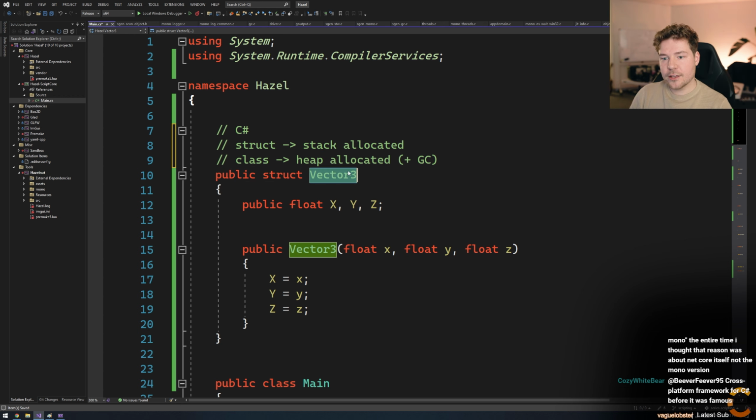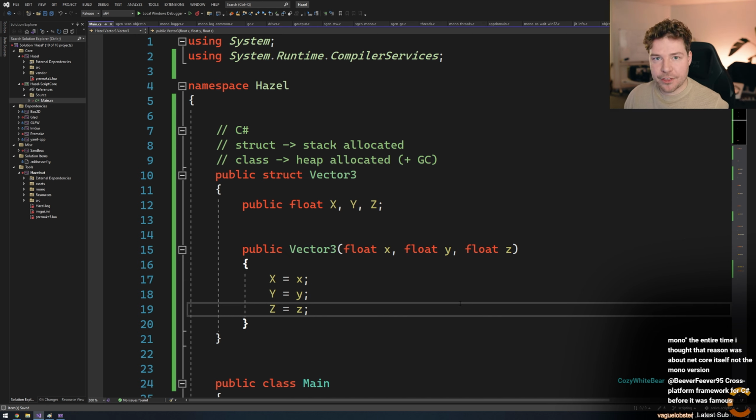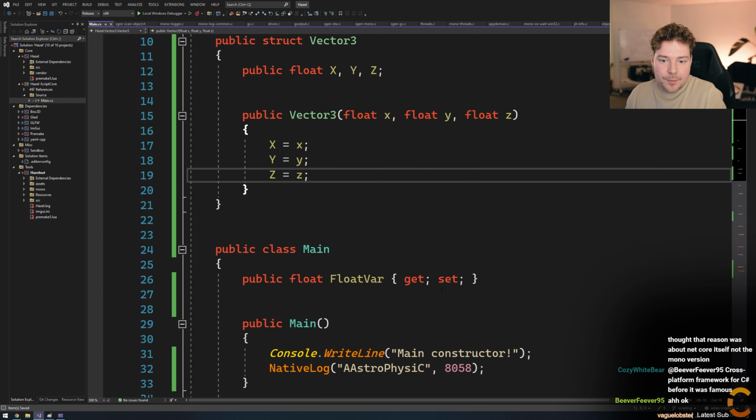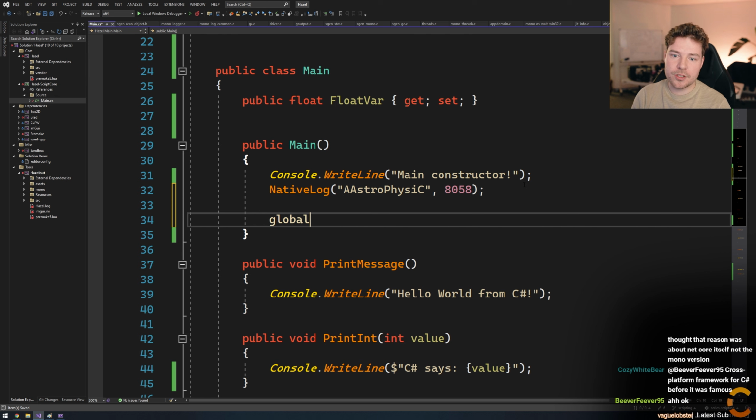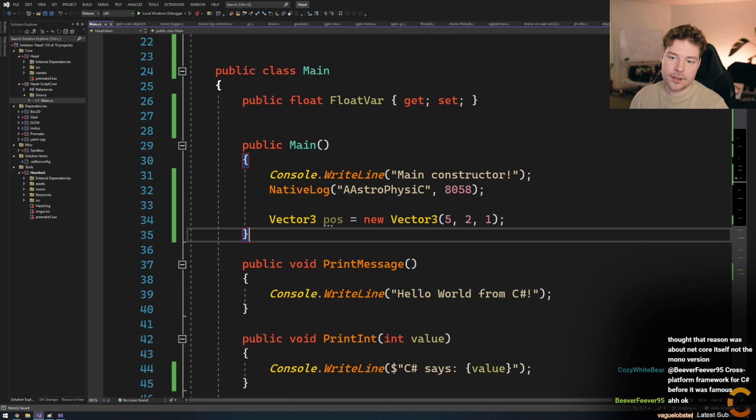And because of that, you can imagine when we're dealing with math especially, we're constantly making vectors all over the place, because it's just a math type. Like in C++, you're probably used to GLM vec3 all the time. You're adding them together, creating temporaries, doing all of this stuff. Well, we want to be able to do the same thing in C#. We want to just be able to say position equals that plus that, or make a quick little new vector out of it or whatever.